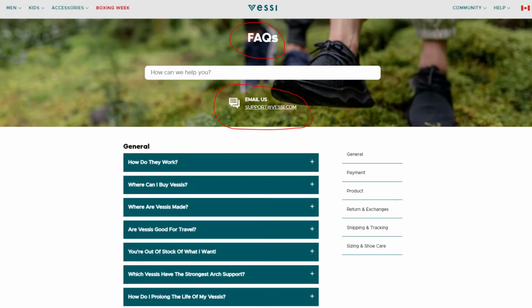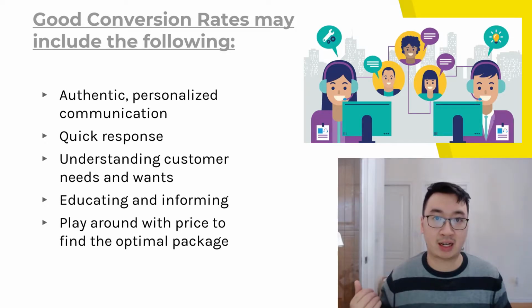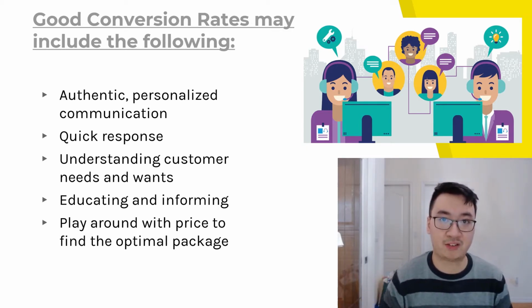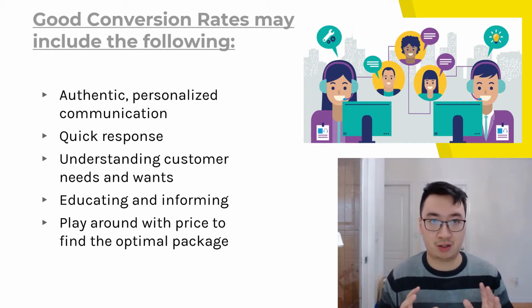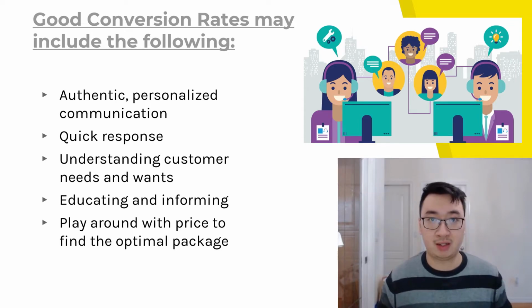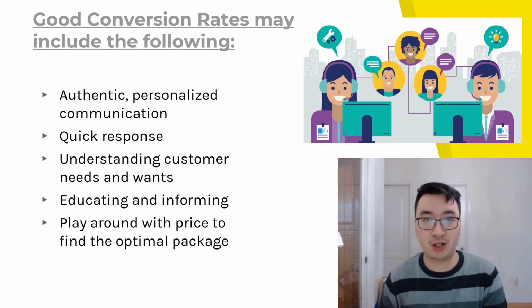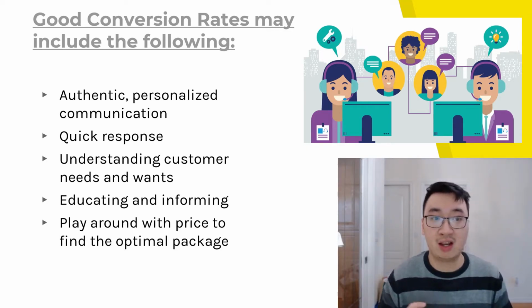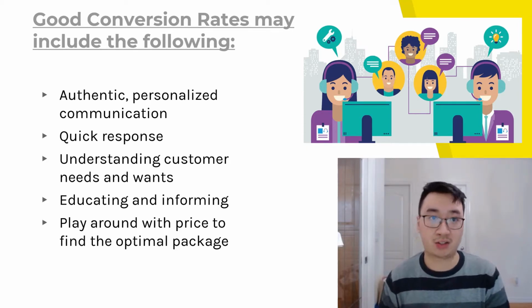You have your Q&As on your website, you have a potential live chat option, you have a phone number, email contact, and this is really important because sometimes consumers are going to have questions about the product, like how long it takes to come, or maybe a specific question about the product itself, sizing, or features. So, this is a big reason as to why consumers may not purchase. They have questions about the product, they're not sure whether it's the right fit. So, if you can find ways to streamline this communication and have a quick response, this can also increase your